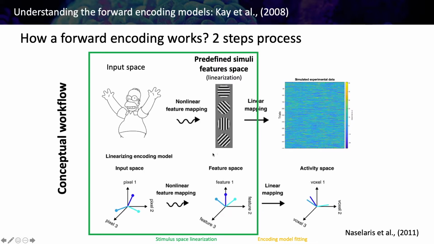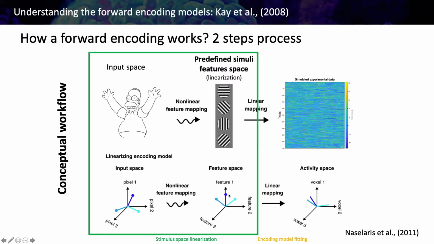Let's, for example, imagine that we take this pixel here. If we project this pixel information across our predefined channels of orientation, what we will see is that this channel here has a strong weight because it is really defined by diagonal, clockwise oriented information. Then this one will have almost null weight. This one has a little bit of weight, and this one will have a little bit of weight too. So we have a profile of feature weighting that can be represented here.